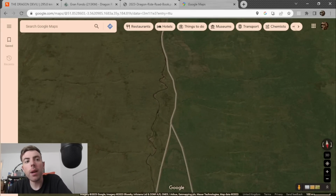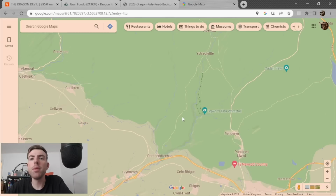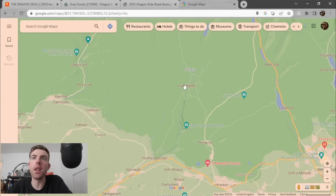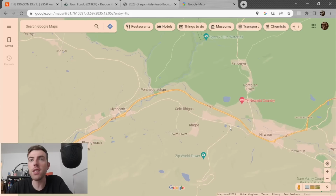Where's my map? How do I get back to... Oh, there it is. And then there's a couple of sharp bends on this road, so just be aware. Don't do any hero moves, because you want to also prepare yourself. If you're going to eat something, I would eat it on this road just after climbing Devil's Elbow, because you're going to turn here in Glynneath, and from Glynneath to here, because this is technically where the climb to the Rhigos starts, at this little roundabout here, and you come up past Zip World, around, and the summit is here. But you're going to be coming down here, and there's another climb from Glynneath to Cefn Rhigos, which is